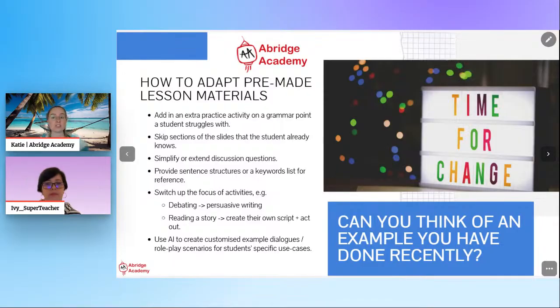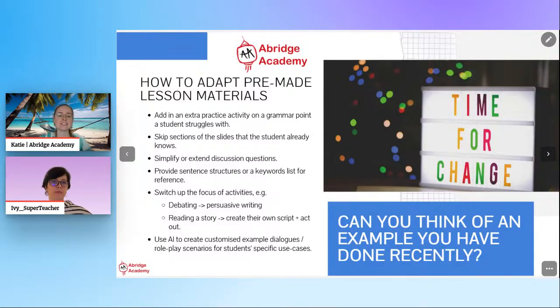Skipping through bits of slides they already know. There's no point wasting their time doing every single slide of a lesson. I do this all the time with Age Academy lessons, okay? They're designed so that you can skip sections if you want to. Do not feel bad about skipping parts of a lesson. If the kid already knows it, don't waste their time on it. And that's a great thing about being an independent teacher. You haven't got some company saying you have to spend 3 minutes on this slide, you have to read out this particular script, you have to do this, you have to do that. No, we adapt it around what the kid needs.